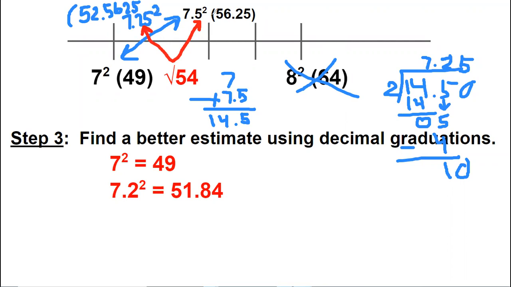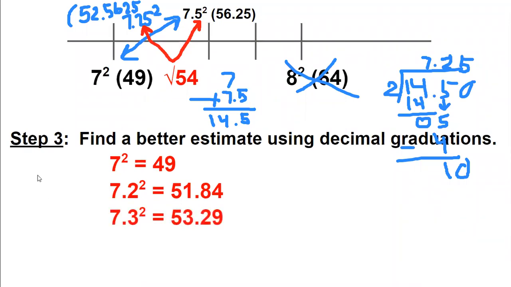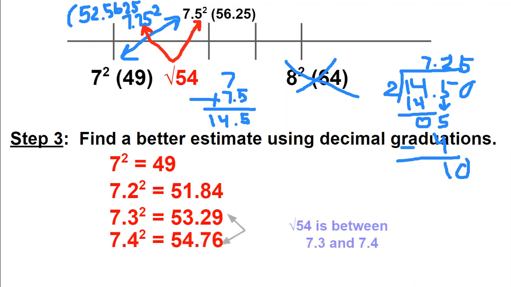So what I did here is I just started finding a better estimate. So I did 7.2 squared. I did 7.3 squared. I did 7.4 squared. And I found that 54 is between 7.3 and 7.4, which makes sense because up here I found the exact center